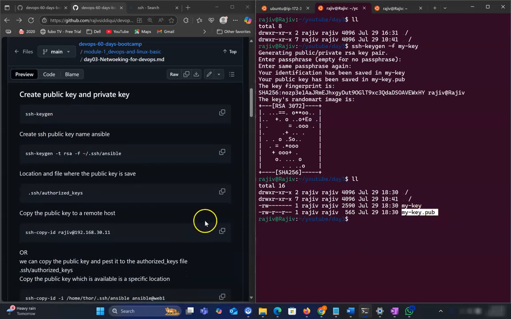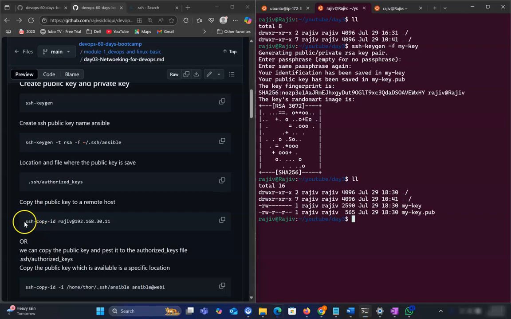Okay, so now if we want to get into any remote server, we need to copy this key to our remote PC. The easiest way is to use the ssh-copy-id command, where we make sure to use -i with the public key, then our username and the IP address. But the easiest way is if we get this key,